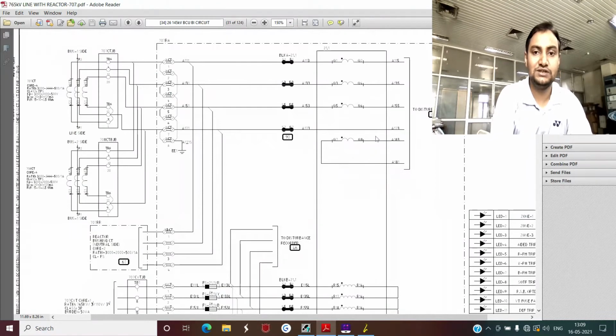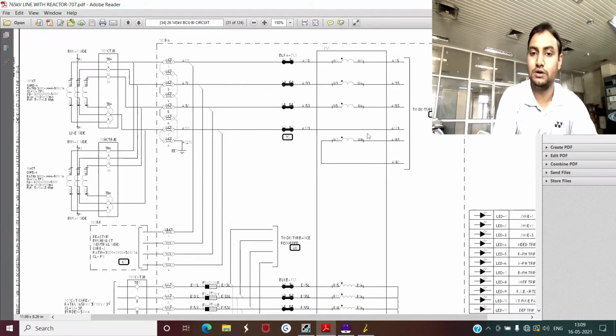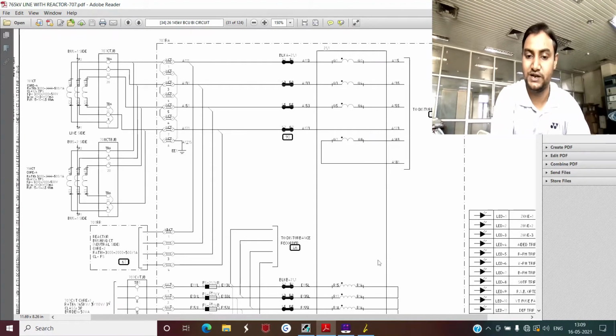That means when this relay is now detecting any fault in the system, it will measure the R phase current, but it cannot measure the neutral current because neutral current is not available to the relay. And once the relay has only R phase current and no neutral current, that means the relay cannot take its decision on the basis of any impedance calculation. It cannot calculate the impedance correctly. It cannot take its directionality decision, and your distance protection will not operate correctly.